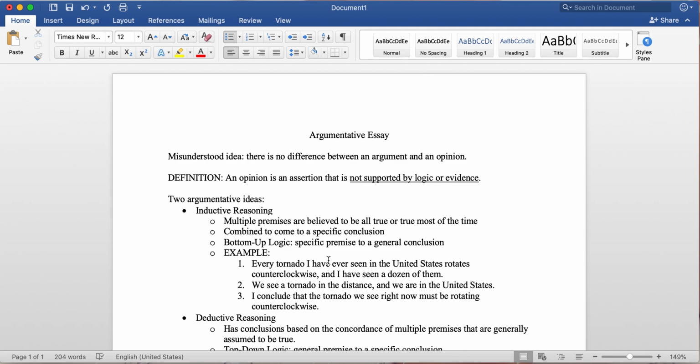The single most common misunderstanding in composing an argument is to assume that there is no difference between an argument and an opinion. But it's all an opinion, right? We might rightly point out, and yes, it is true, that all claims start out as opinions. For example, Columbus was thought to be crazy for suggesting that the world was round. Crazy, right? Another example: the ancients thought that the earth was the center of the universe, which we now know is not the case, right? The sun is the center.